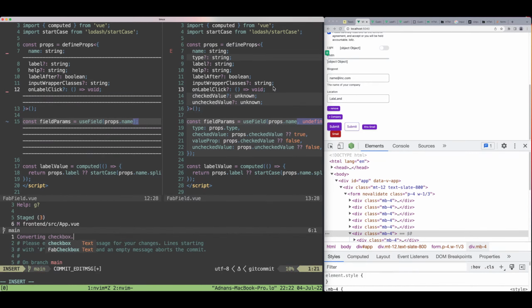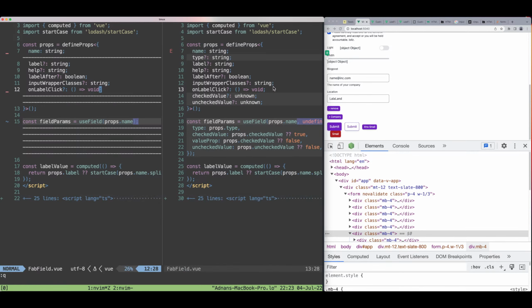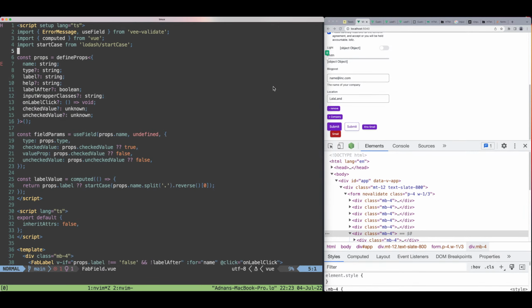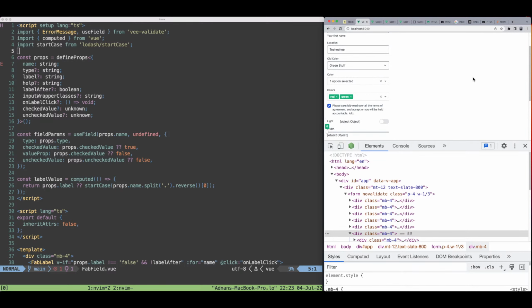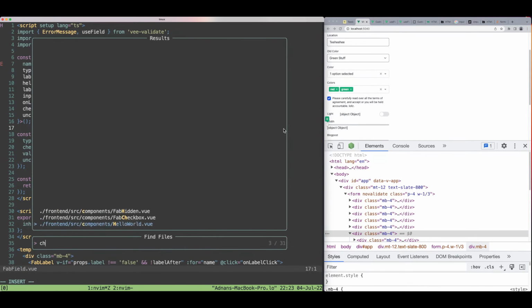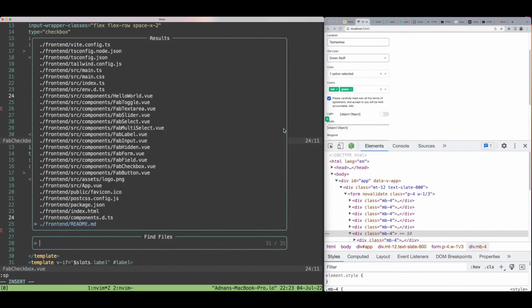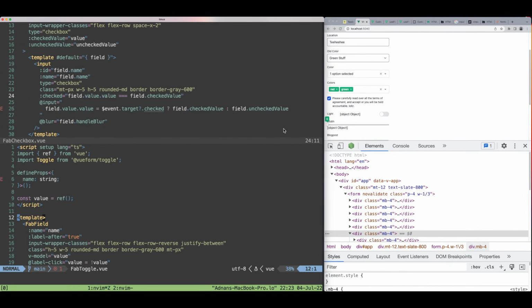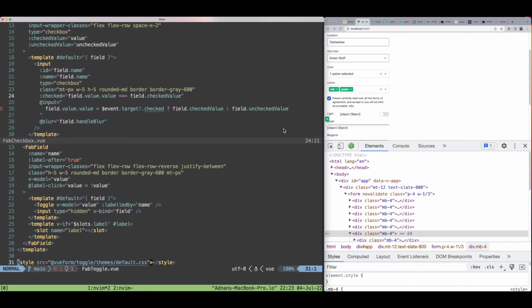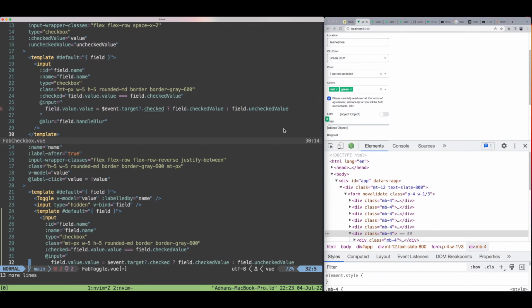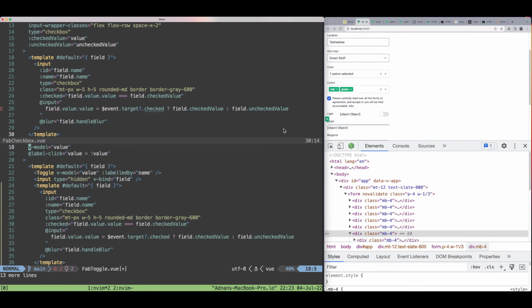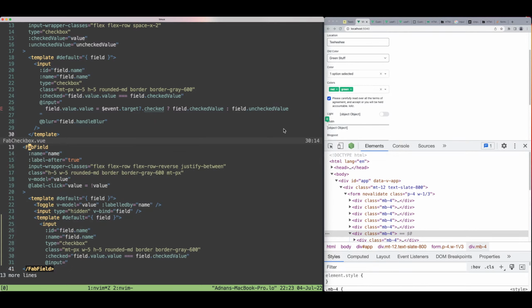Converting checkbox. And let's see. Let's do toggle. Yeah, let's do it. Going to use checkbox as a model. Get into this toggle here. And maybe this can be a hidden checkbox because I want all the checkboxy properties. But let's see. I mean, ideally this should be managed or manageable by